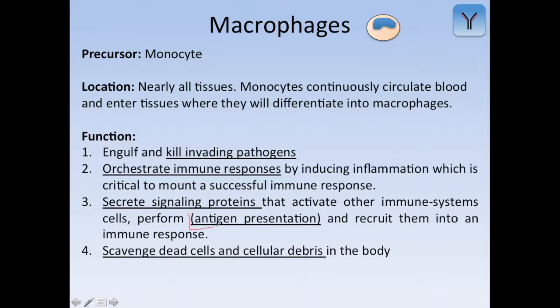In addition, they also do what we call antigen presentation. This is really important. Antigen presentation is why they are referred to as antigen presenting cells. This is when they eat the bacteria and express pieces of it on the outside. This is antigen presentation. And so when they do so, they need to actually